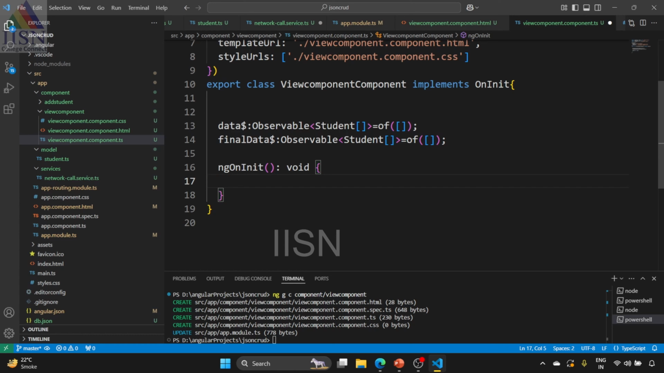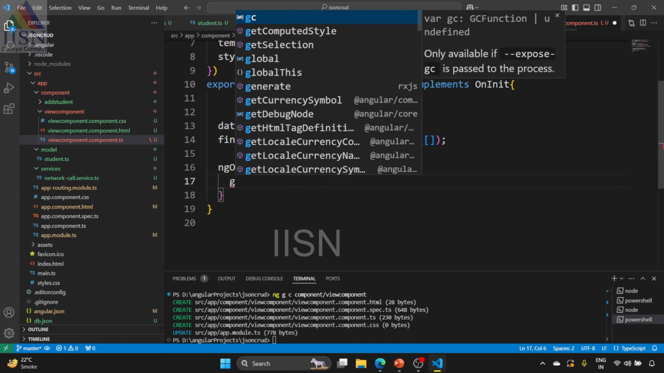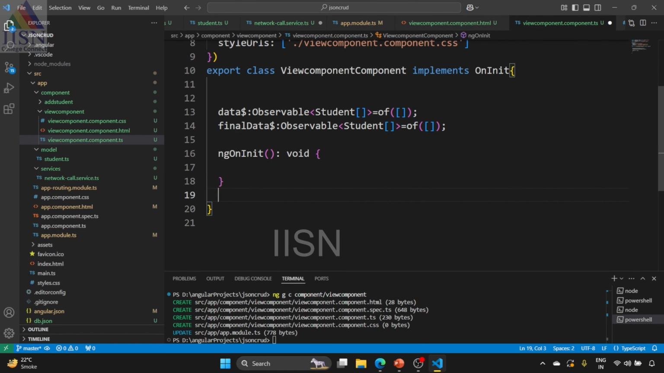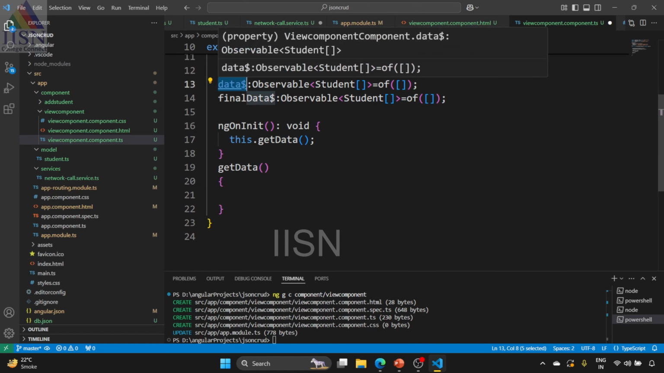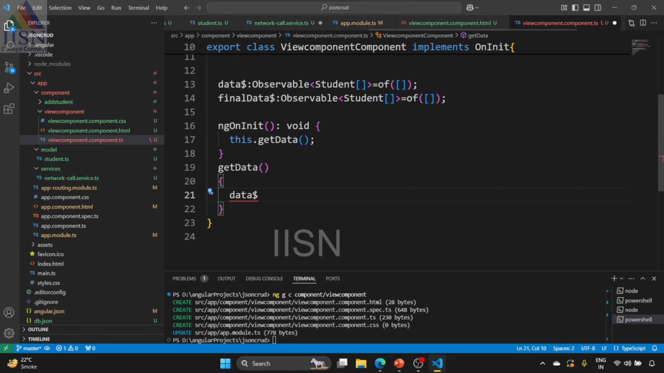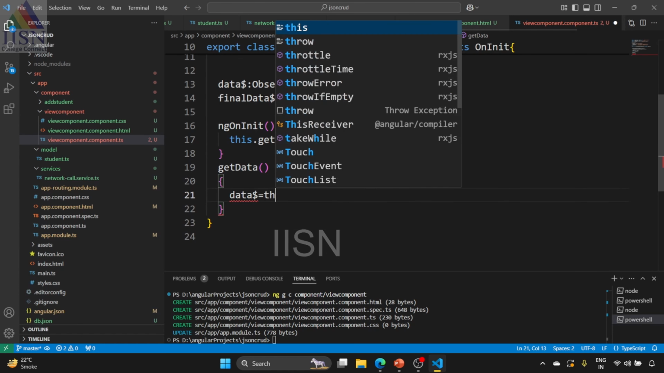When this particular component is loaded, we need to make a call. So I'm going to create a separate method, that is get data method. This method is going to make a call. When this component is loaded, I'm going to call this particular method, this dot get data, so that this method performs the networking call. Here I'm going to store the data into this data observable variable, data observable equal to this dot